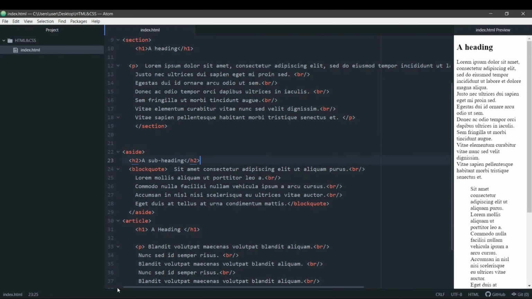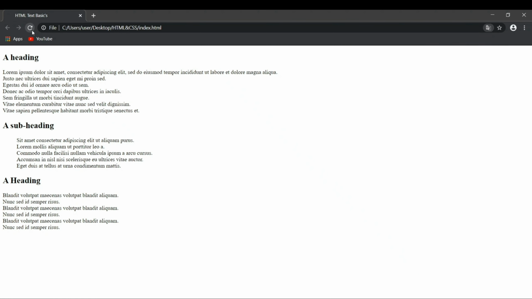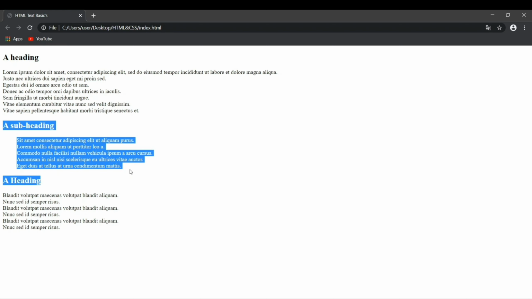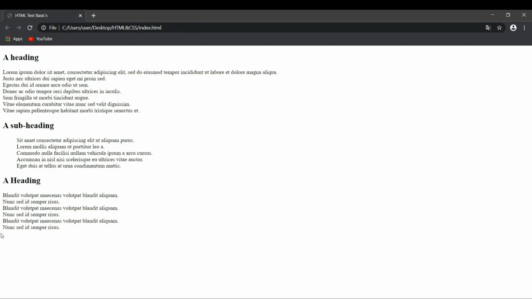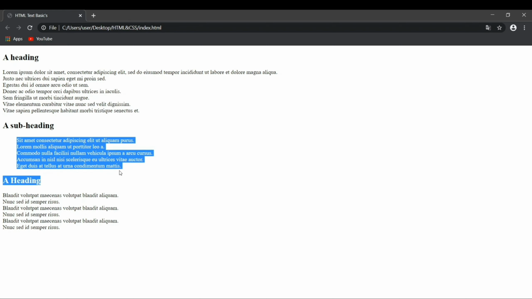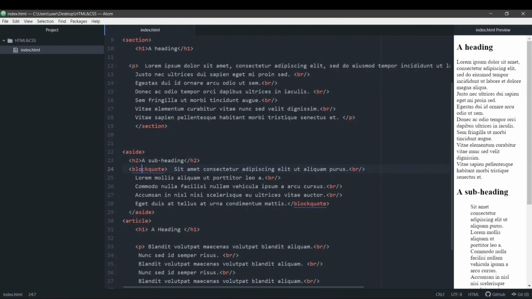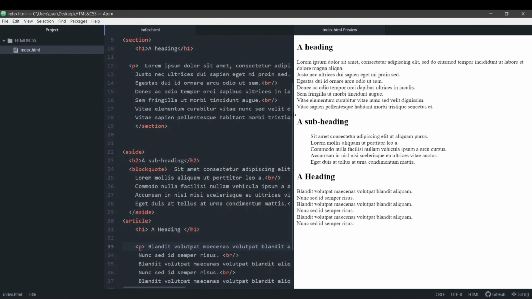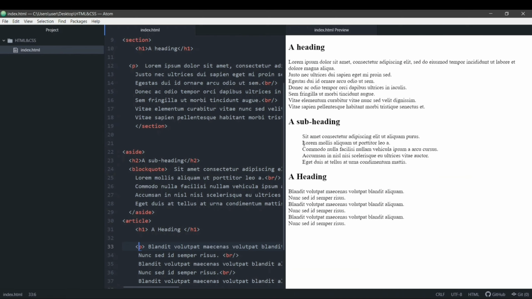We'll save it again. Let's open it up in a browser. Let's refresh this. Now our browser recognizes that this whole part is aside from this. This is a separate part, and as soon as we used this block quote instead of the paragraph tag, you can see on the right side also what it did was it shifted a little bit to the right.